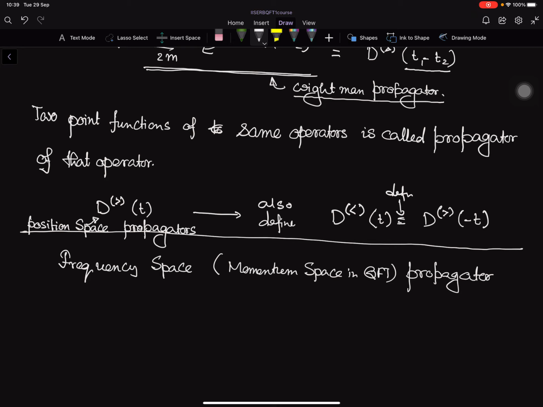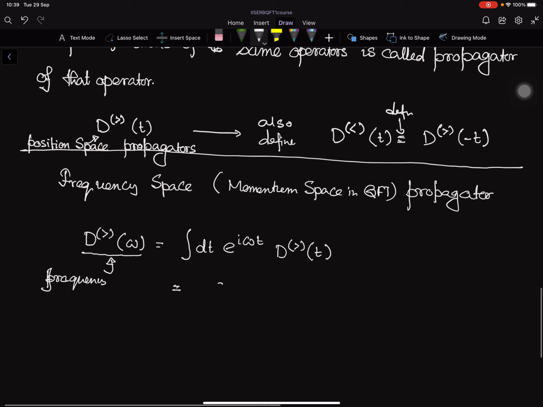So if I have this quantity, then I can always Fourier transform. If you Fourier transform this quantity, then the thing you get is called frequency space propagator, and this you can compute for this particular case easily, and this becomes